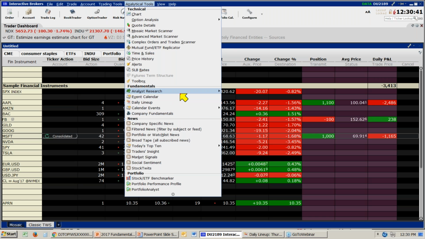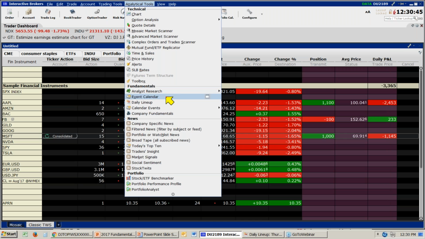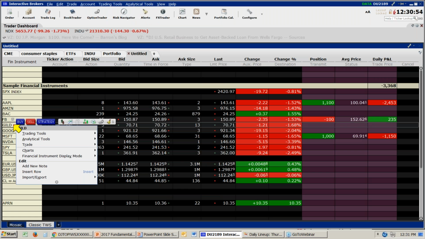We'll go down to, let me see here, into the fundamentals. Here's the event calendar, or company fundamentals are accessible from this window as well. But as I showed you right at the beginning, I happen to prefer the right-click menu, because right-clicking on a specific ticker symbol will allow you to